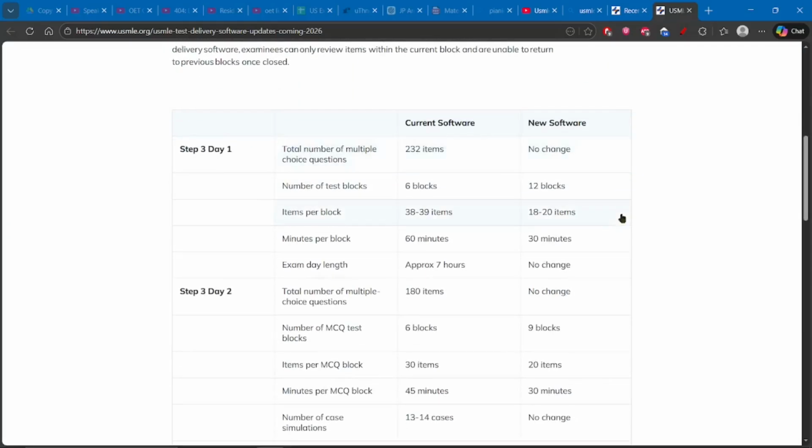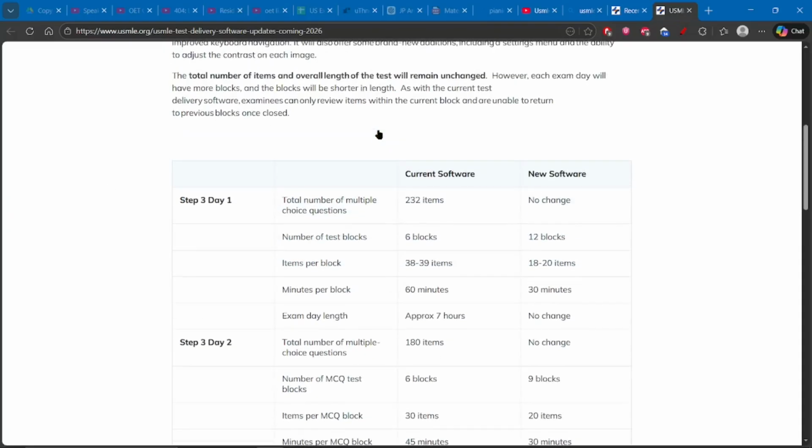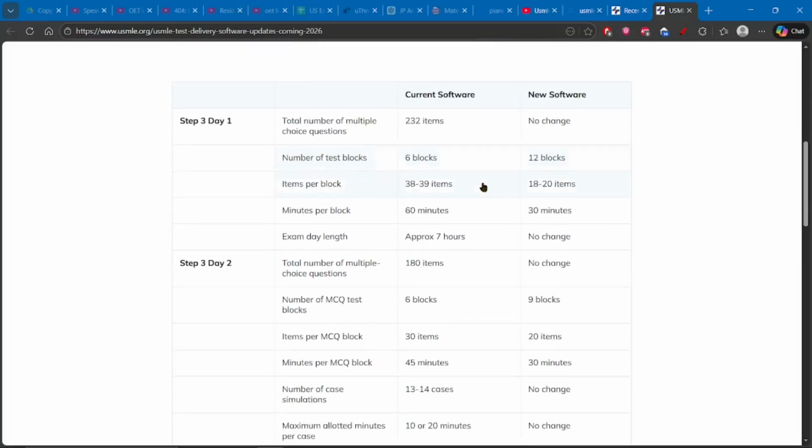The relevant change they have proposed is that in step 3, day 1, they have increased the number of blocks. First there were 6 blocks. Now in day 1, there are going to be 12 blocks. However, the items will remain the same throughout the whole test.